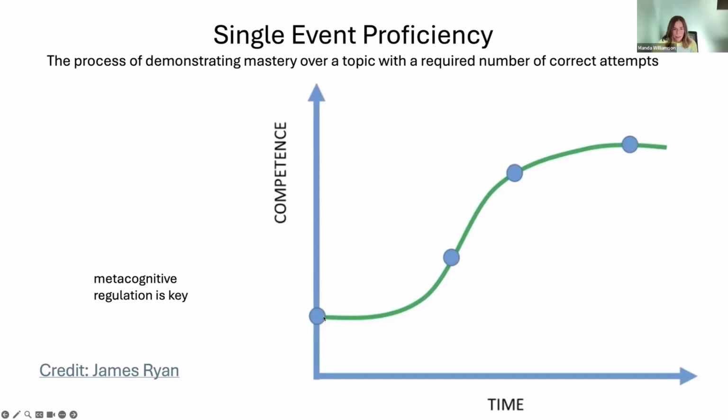So in the beginning, they try a question, their competency is low, they get it wrong. They get it wrong, they get it wrong, they get it wrong. And then something happens, and that something is critically important to understanding how our students learn, when all of a sudden there's just this explosion in competency that eventually levels off because they're getting 100% of them correct. And what we think is key to initiating and preserving this learning curve is the student's own metacognitive regulation.